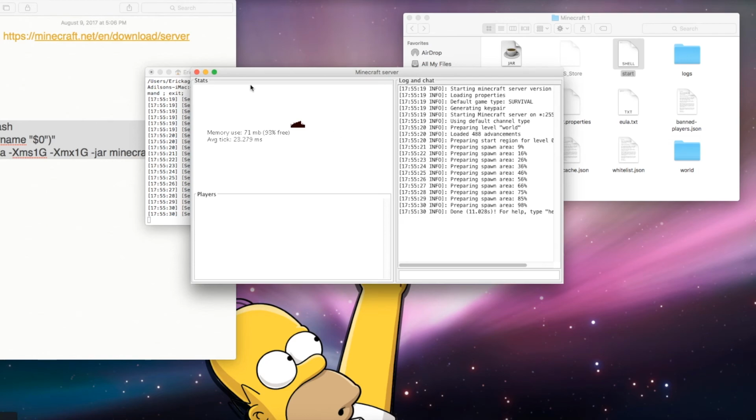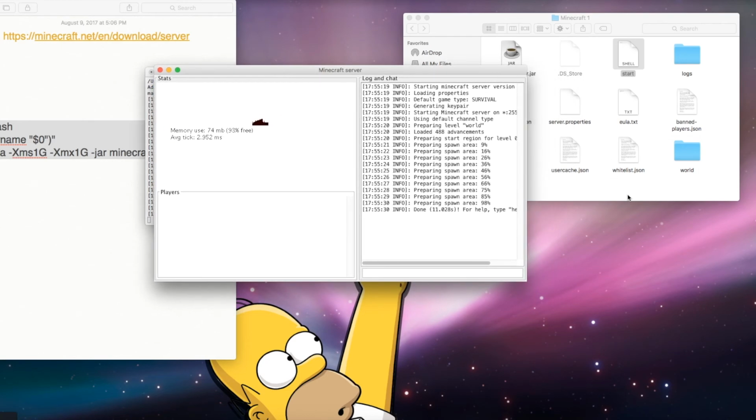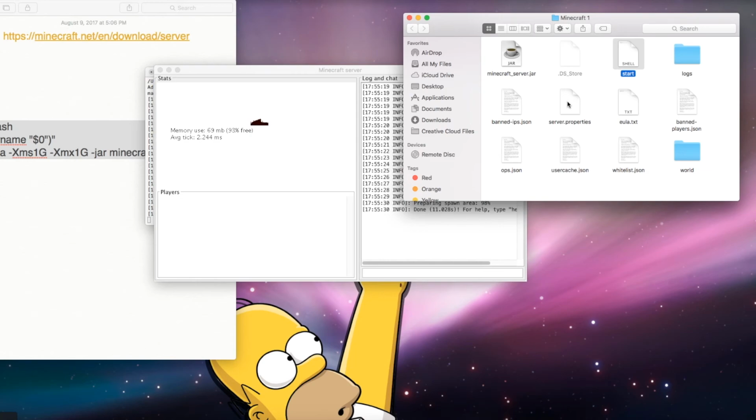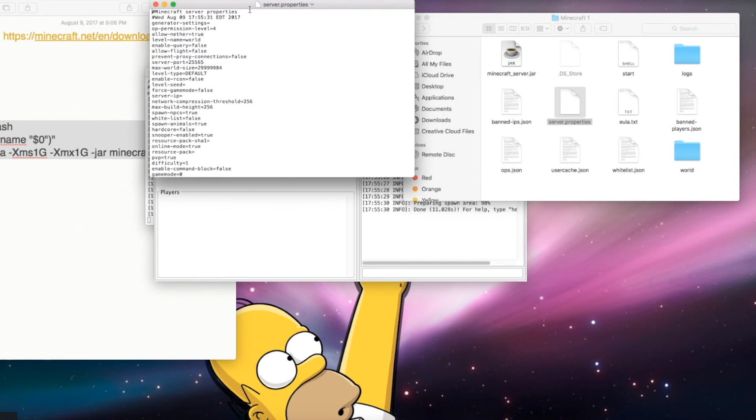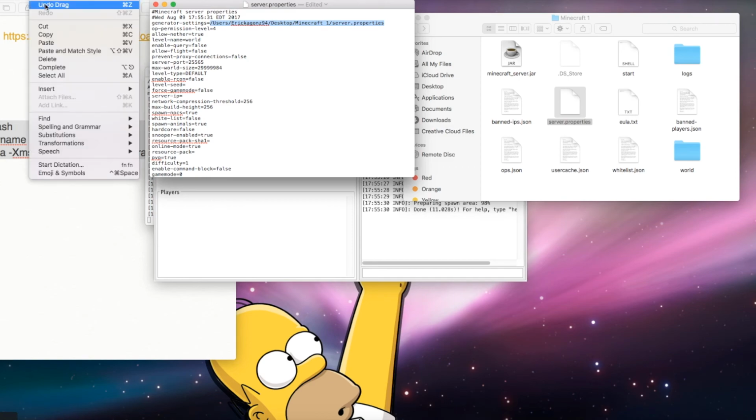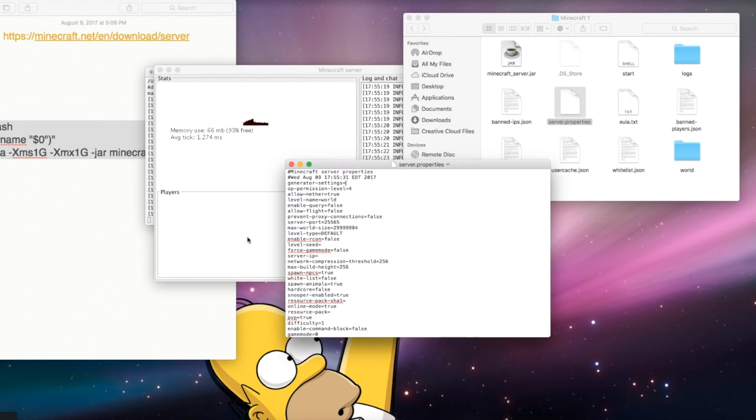Now, the server has been created. You guys can now go to server.properties. Server properties is to change things on your server. For example, oh, I'm sorry guys, I accidentally dragged something into it. Okay, so this is how the server properties is going to look. If you guys go to, let me see,